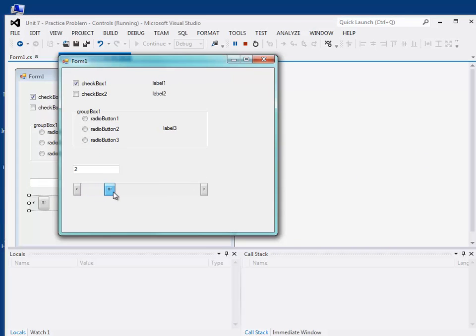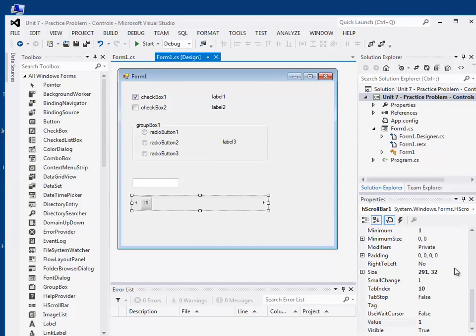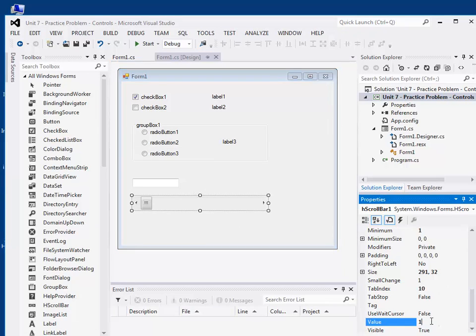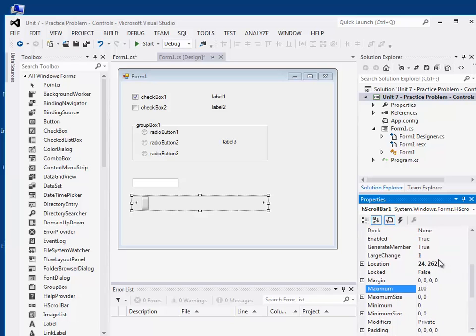So again, I can scroll with the scroll bar, move left and right. And again, here it goes from 1 to 10. I could also switch it. By default, the min value goes from 0 to 100, and then there's something called the large change, which is 10. So if I use those values,